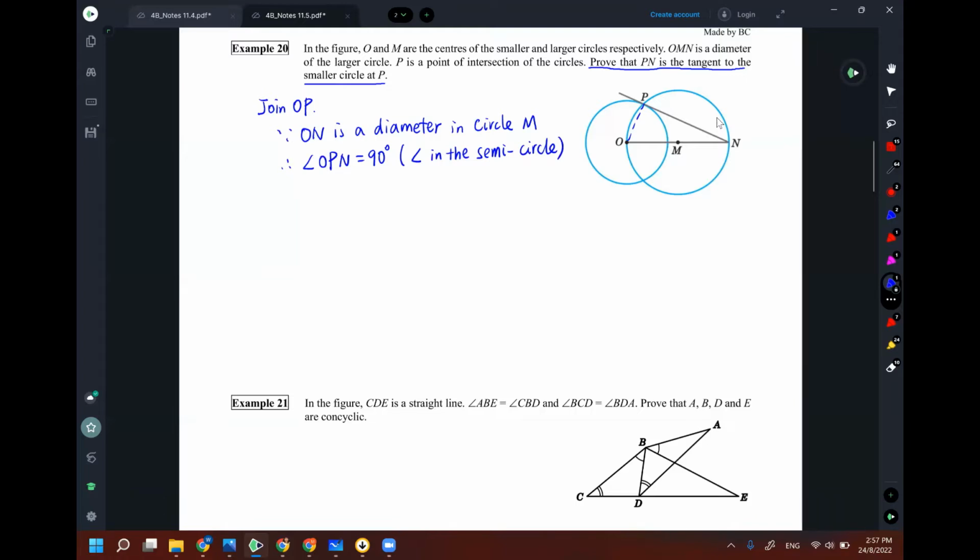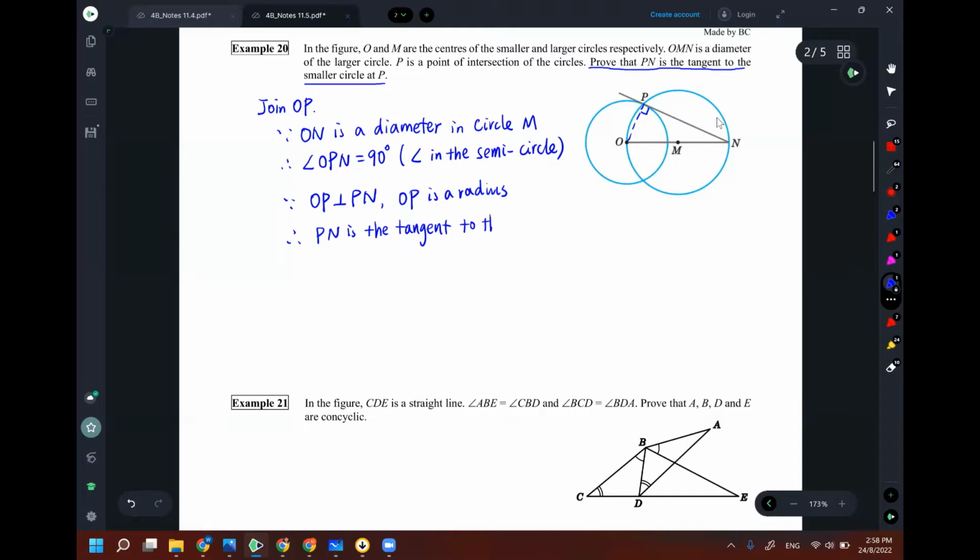I forgot to mention that in this part of the chapter, we follow strictly the deductive geometry now, which means the condition, conclusion, and the reference. Okay, so this is 90 degrees. And then my second and last argument, that is because OP is perpendicular to PN and OP is a radius. Therefore, PN is the tangent